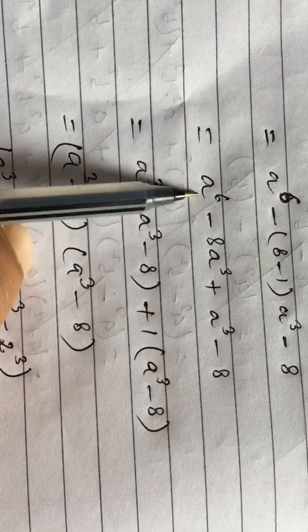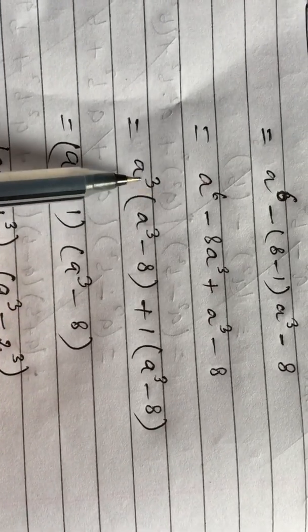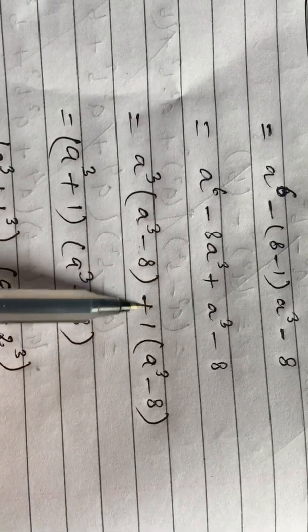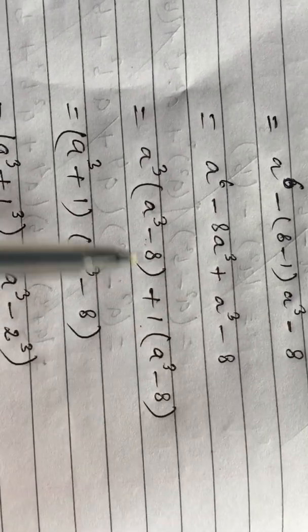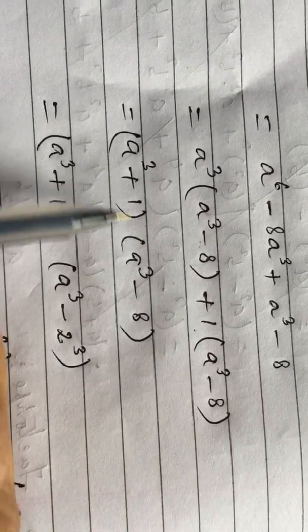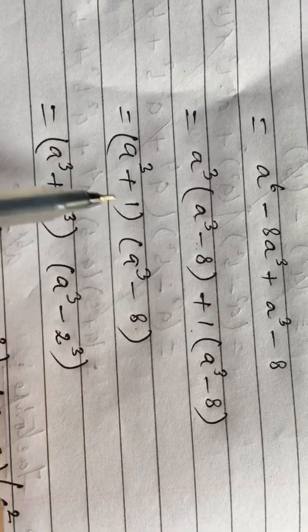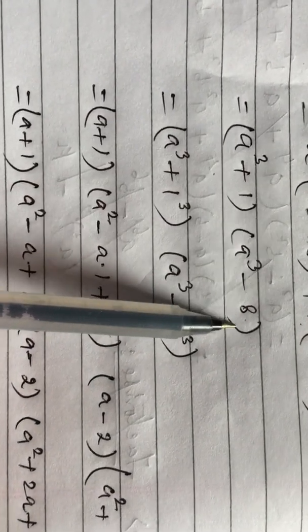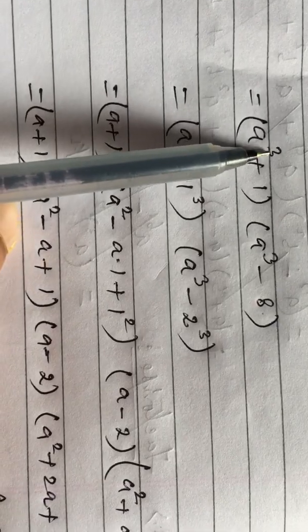I think a to the power 3 is the cube, a cube is the common term. So a cube is left, minus 8. 1 is the common, a cube minus 8. A cube minus 8 is the common term, and a cube plus 1 is left. And now see this bracket, now it is in the form of cube, because it is the perfect cube